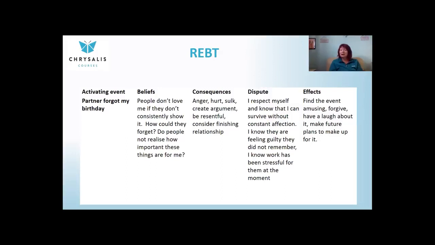So we need to get the client to dispute that. The client needs to be able to respect themselves, and also think about it from the other person's point of view. So what else might have happened to make the partner forget? Here, this person knows that the partner's been stressed out at work, and they feel bad for not remembering. So we're trying to get the person to think about